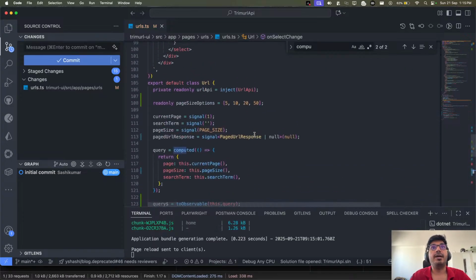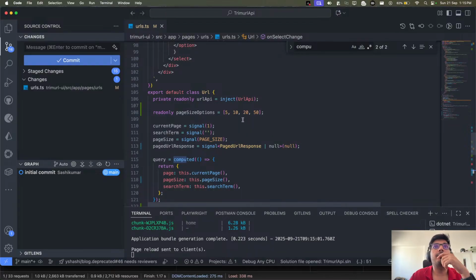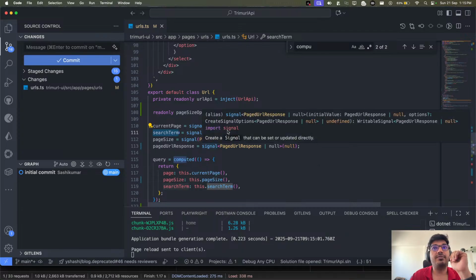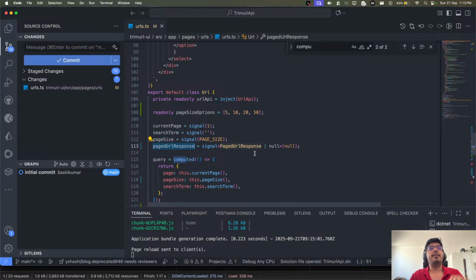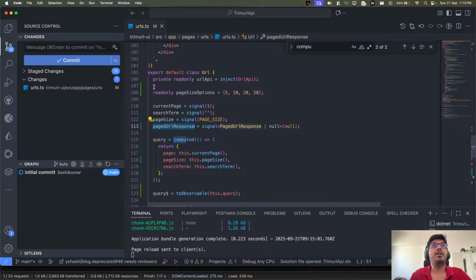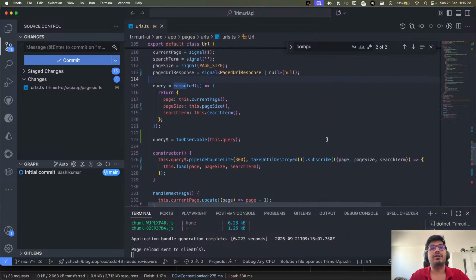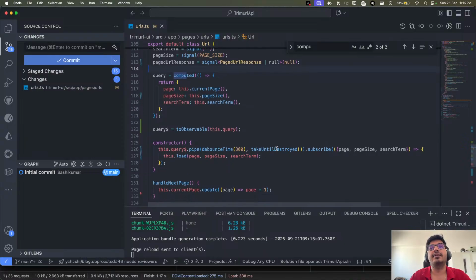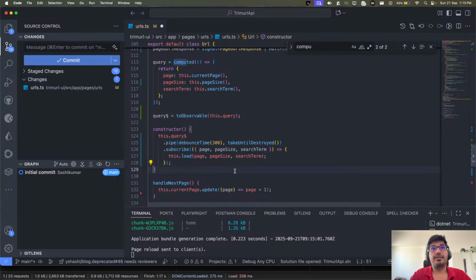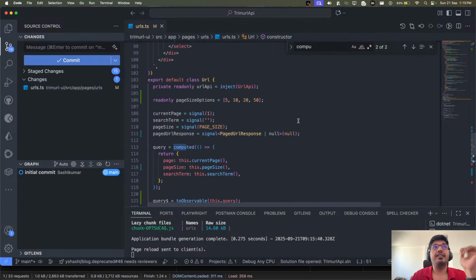Now if I go back, I'm also trying to slim down my properties. So now we have URL API, which is good. This is also good. Then we have a current page, which is required for us. Then we have a search term, and this search term will help me to have it here in the query, which is also required. I think that's pretty much it. So now we have everything required to add the reactivity with Angular, and also a bit of RxJS, where we are using debounce and takeUntilDestroyed, correct? Now if you see, this is how the final code looks.